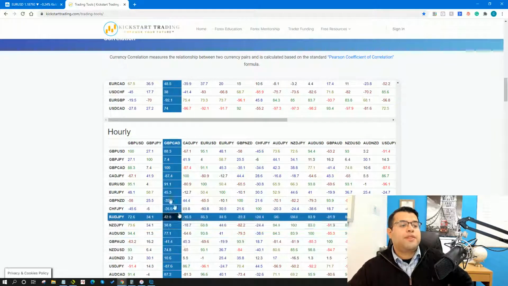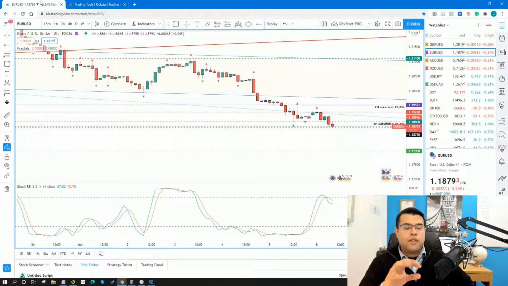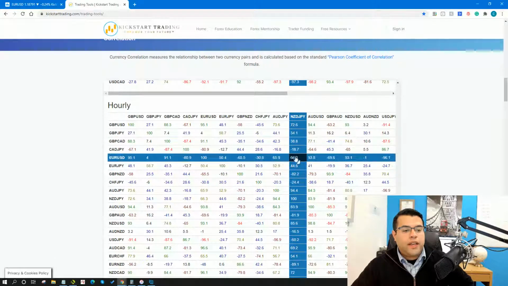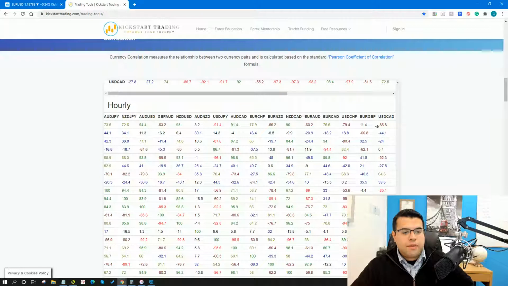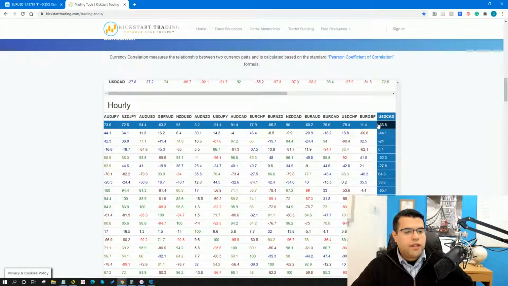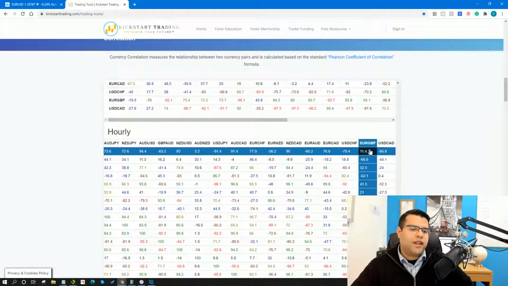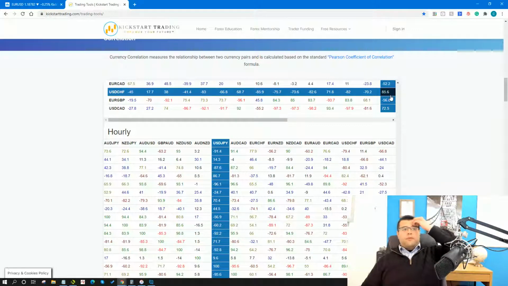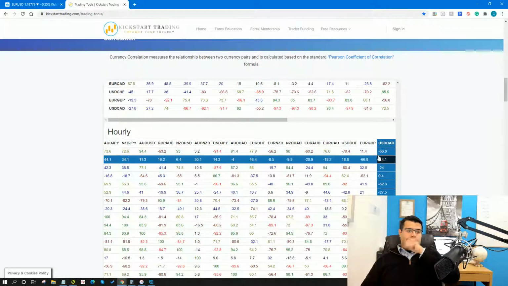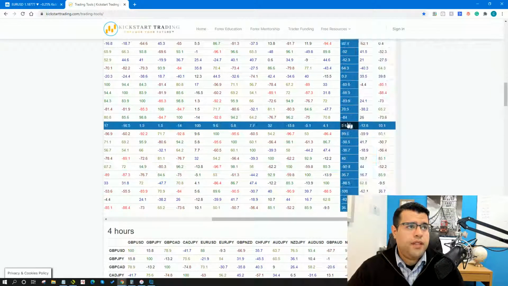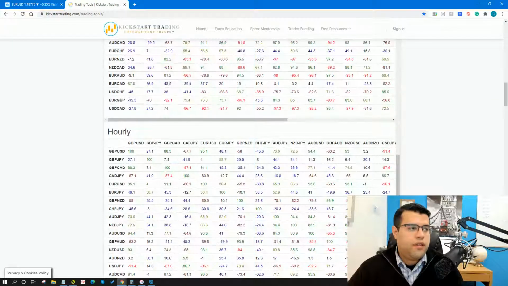I was able to see this inside of the charts, but now looking here on this chart as well, there is just absolutely no question in my mind that this is being driven largely by the dollar. Even look at dollar Swiss against the cable, it's just shy of a negative correlation there. The only time where things start falling apart a little bit is on the dollar CAD side. So this does appear to be dollar driven this morning.